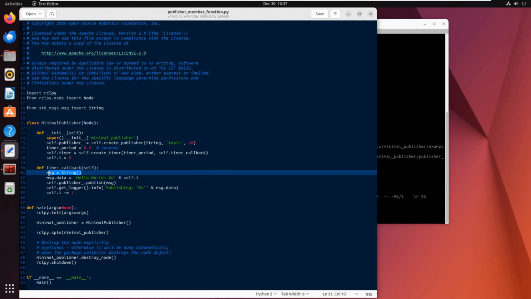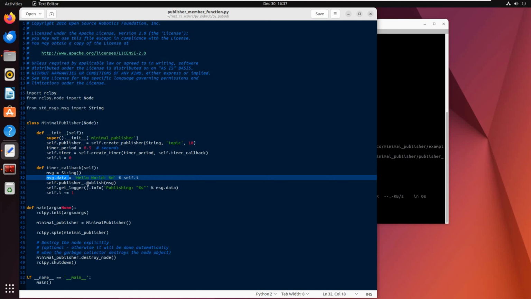We will use an instantiation of the message and put over the data the hello, the message that we want to send over ROS, and finally we'll publish the message,